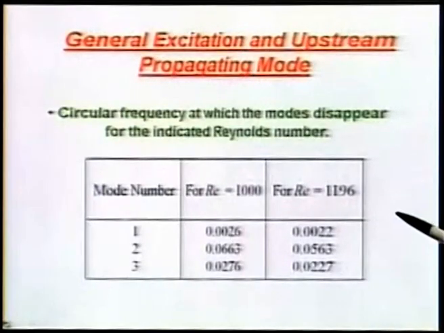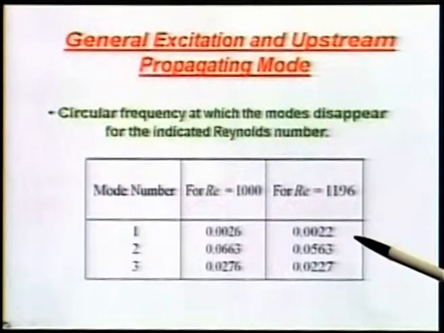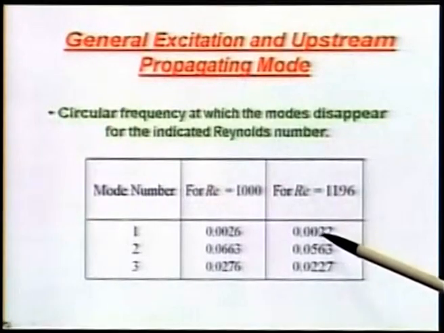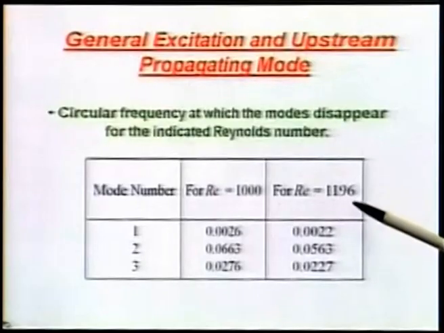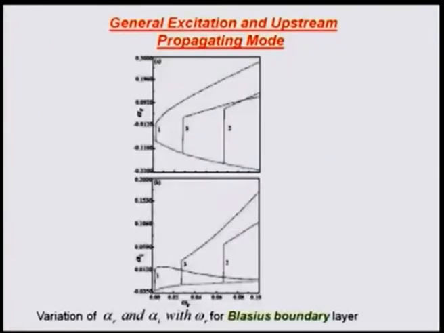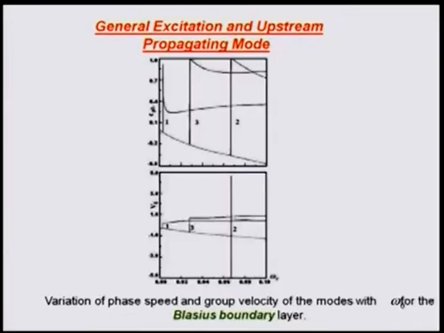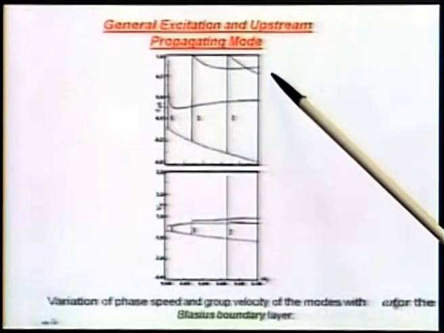So, what is happening here is, if your Reynolds number is increased, the frequency at which the disturbance disappears reduces even further, right. But they do all disappear, and even for this you only have these 3 modes to begin with. Okay. So, we have gone to this, and now you wanted to know the other properties of these modes. For example, if you plot the phase speed and the group velocity versus omega, this is how it looks like. So, the second mode, it goes there,